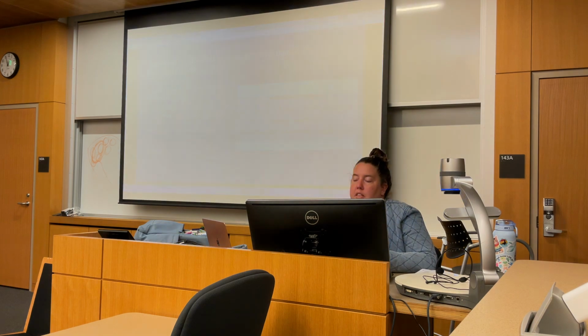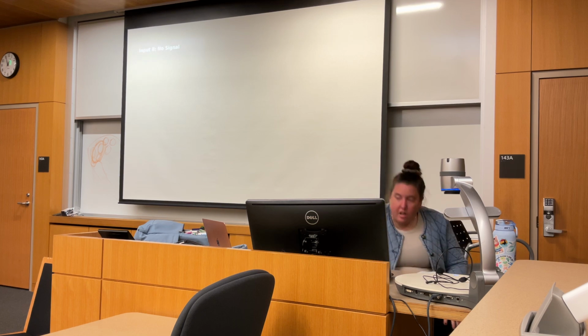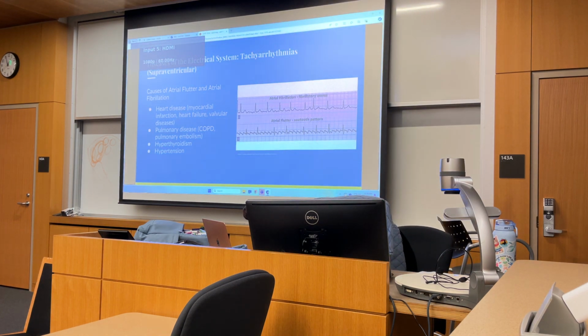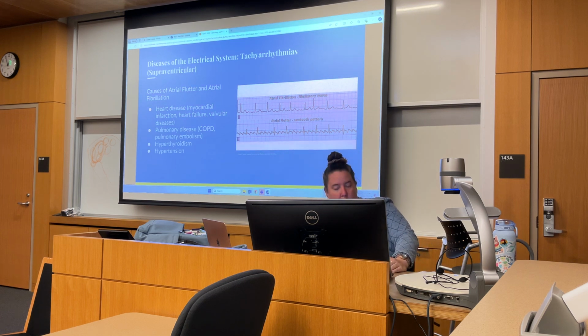And then you can see that atrial flutter has this very symmetrical, almost sawtooth pattern where every beat looks fairly the same, and that's because of that re-entrant circuit that